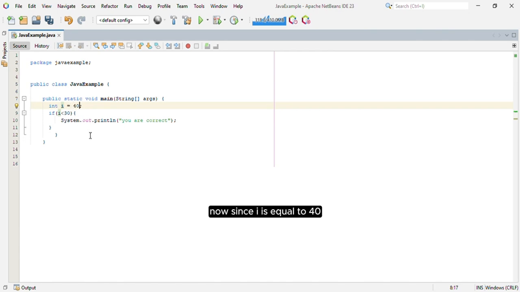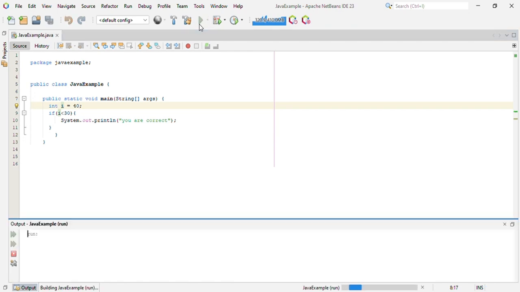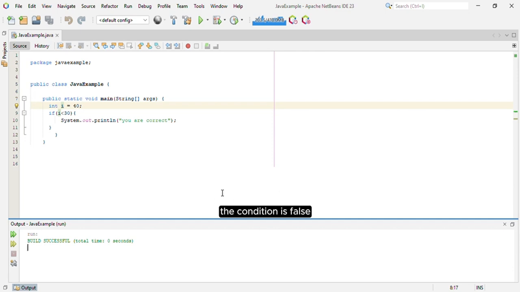Now, since i is equal to 40, let's see if the statement inside will be executed. The condition is false, therefore the statement will not be printed.